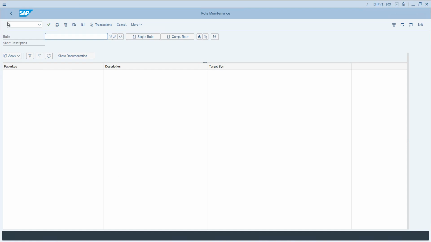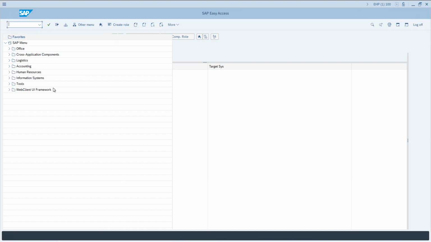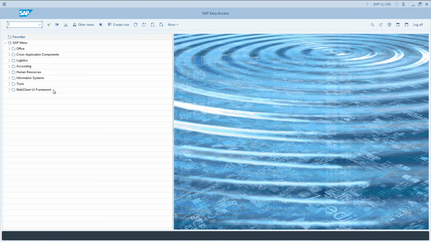Now let us see how risk terminator functionality can be applied to different scenarios. The scenarios surrounding the user maintenance and the role maintenance, and when I say user maintenance, it's in both the transactions SU01 as well as SU10. To simulate how risk analysis works for role maintenance and user provisioning, let us start off with role maintenance.